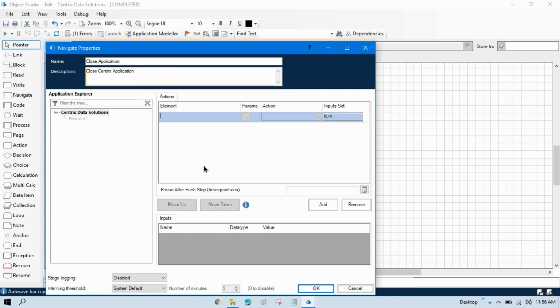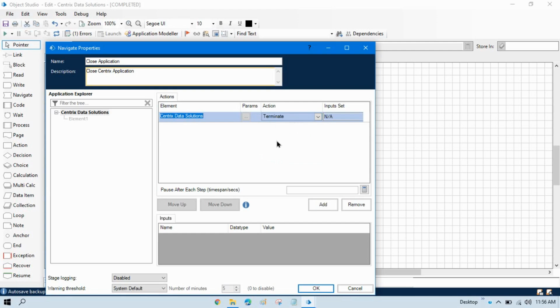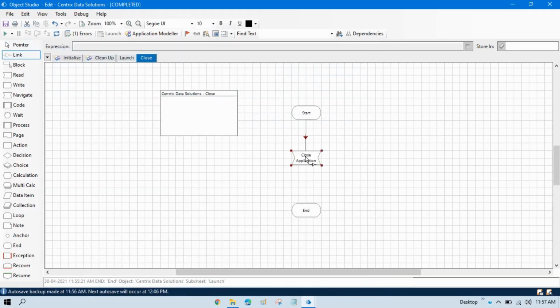It means that the main window, we are not going to work on the child elements. So I already told you that child element is your button, like login button, your text box, your label. So currently we are going to just work on the top level element, that is your window, and we are directly going to close the window, not any element. So we'll take top level element here, and now to close this application we have terminate. It means in the Blue Prism word we can say this is used to close that application, so it will terminate that one. Now click OK, link this one,